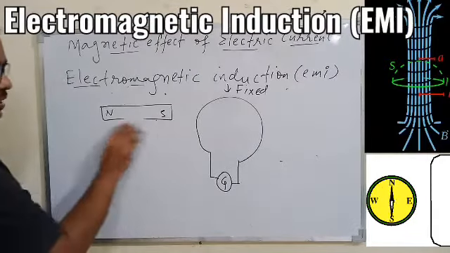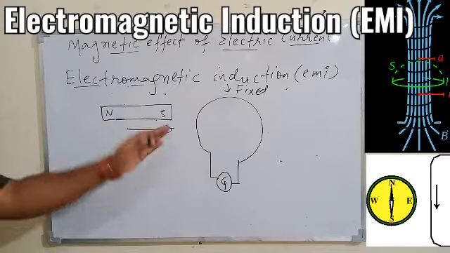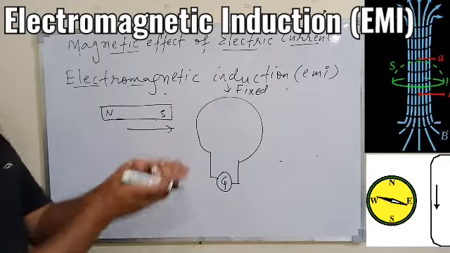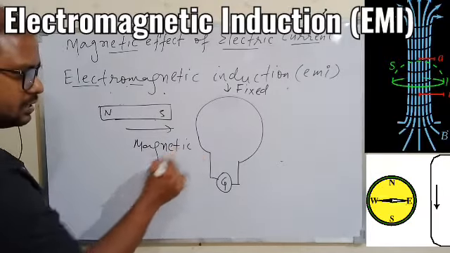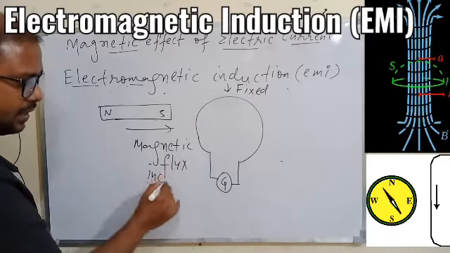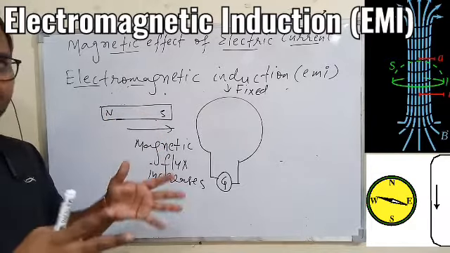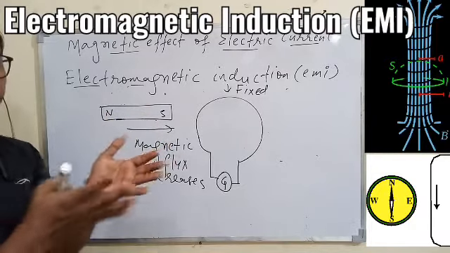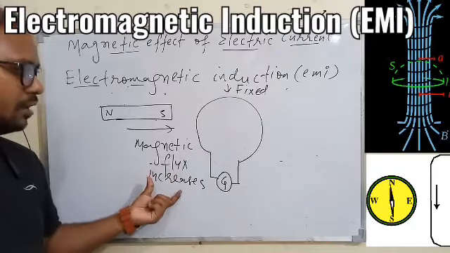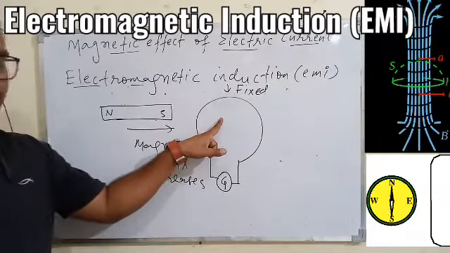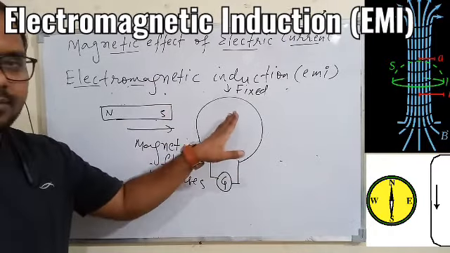So the concept is why it is happening. When we move the bar magnet towards the coil, what will happen? Since the magnet is coming close to the coil, the magnetic flux will increase. It is understood that nearby the magnet, the magnetic flux will be strong. Why? Because the magnetic field lines are crowded nearby the magnet or the poles. So when you move the magnet towards the coil, the magnetic flux will pass through the coil, because if the magnet is nearby the coil, all the magnetic field lines will also pass through the same coil.